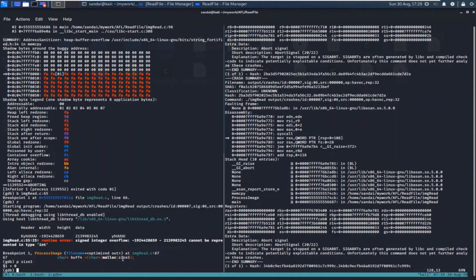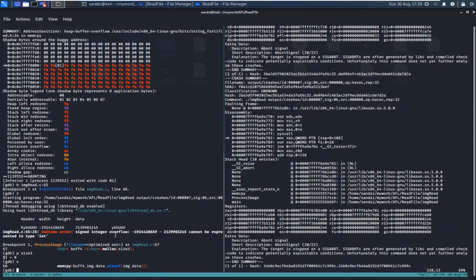So you are passing a 0 value to malloc, and so what will happen? Malloc will not allocate any memory, and there is no check, so buffer 4 is pointing to null, and you are copying some data which you read from our imaginary image file image.data, which is 10 bytes, so you are trying to copy 10 bytes of data to a 0 byte buffer. And so what will happen, it will crash, it will cause a heap overflow.